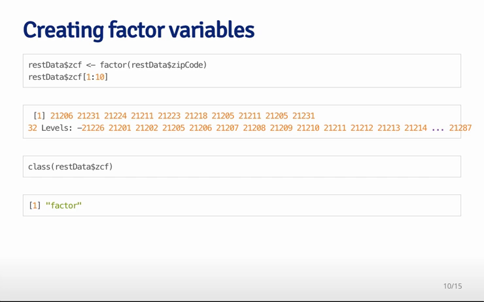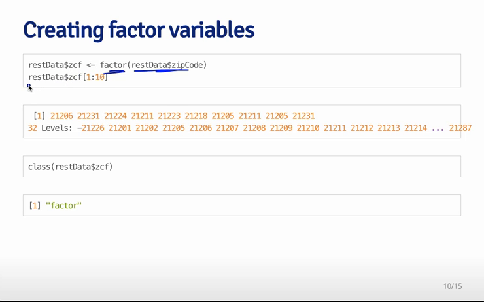Another thing that you might want to do is you might want to create factor variables. So for example, the zip code variable is an integer variable when you load it into R, but you might want to turn it into a factor variable. In other words, it's not clear that incrementing the zip code by 1 changes quantitatively the variable. So you might want to turn that into a factor variable, and the way that you do that is with the factor command. So it takes an input of this integer variable and it turns it into a factor variable,